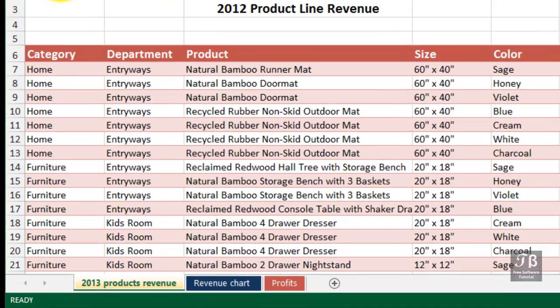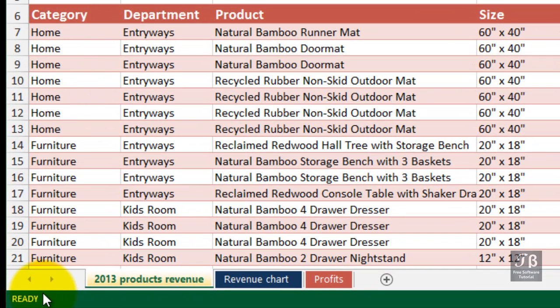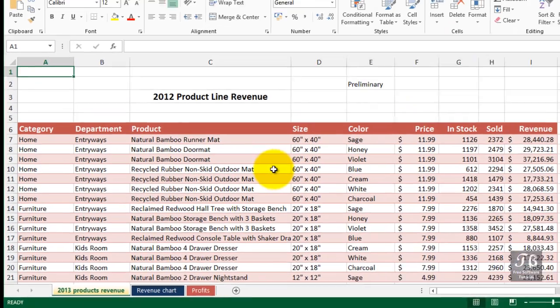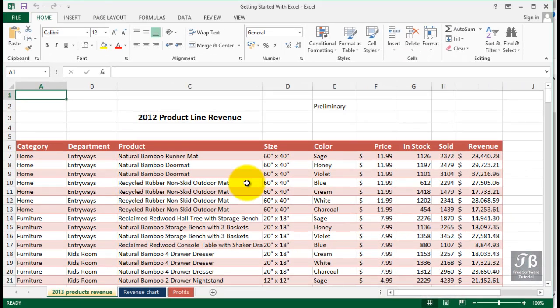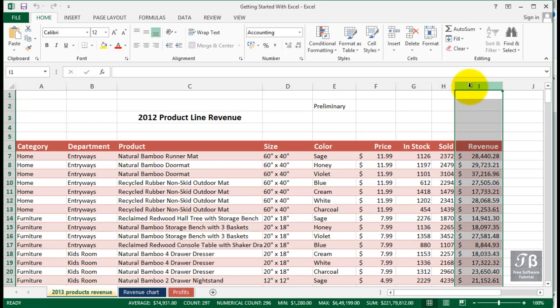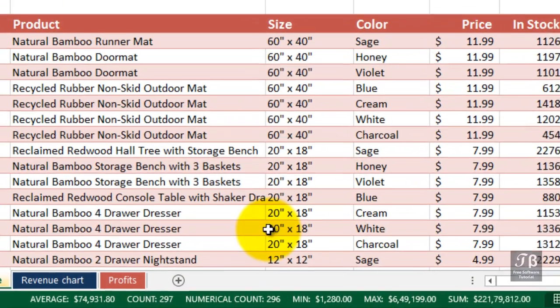At the bottom of the screen below the worksheet tabs is the status bar, and very often you'll see the word Ready in the lower left-hand corner. But as we do different things with our Excel worksheet, we'll see different indicators there. For example, if I click column I, you might see some numbers at the bottom of the screen in the